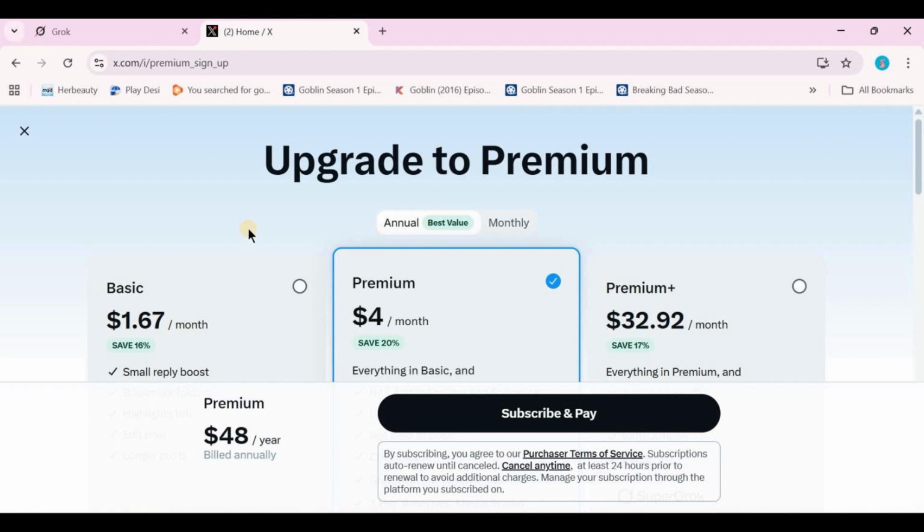If you subscribe through mobile, open your device's App Store subscription page. Your billing may be managed there instead. Once you confirm cancellation, you'll still have access until your current billing period ends, so you won't lose any remaining